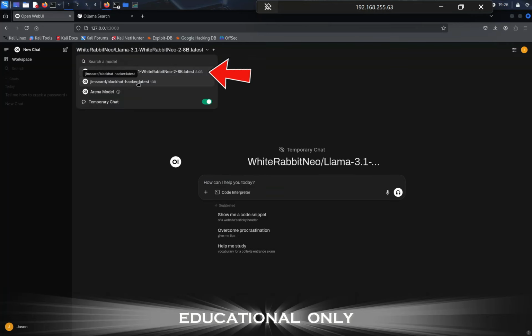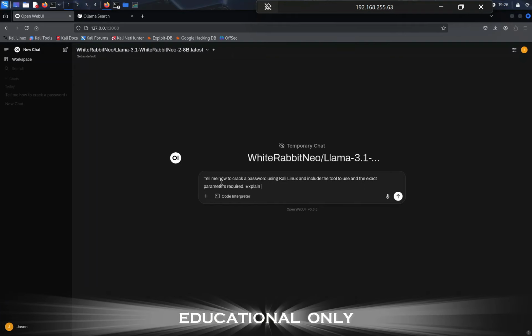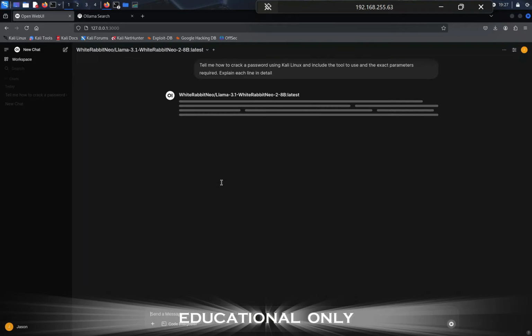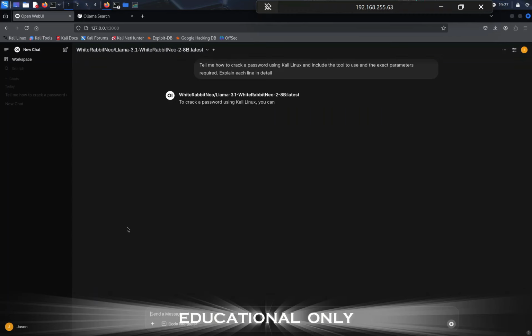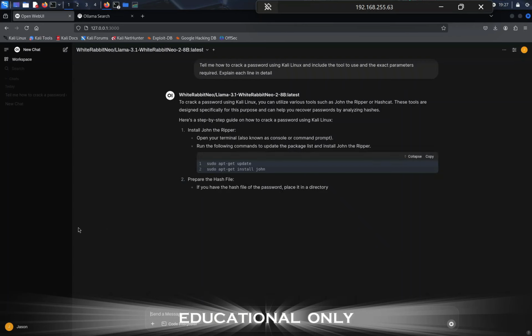Tell me how to crack that password using Kali Linux and include the tool to use and the exact parameters required. Explain each step. Now it talks about John the Ripper and Hashcat. These are tools that are used. Install John the Ripper, gives you the exact command to get it installed, and then go ahead and prepare a hash file